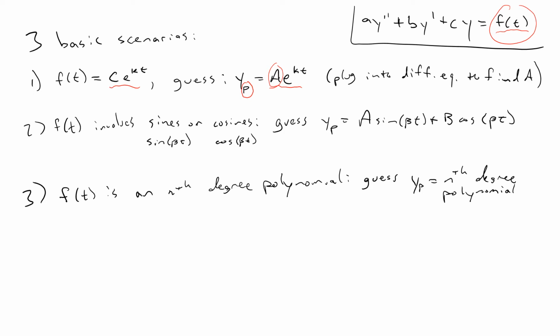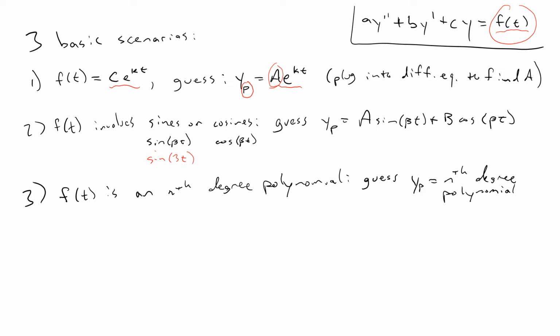Same thing for the other two scenarios. If that function on the right-hand side involves sines or cosines, then it makes sense that our solution will also involve sines and cosines. So for example, if I have a sine of 3t on the right-hand side,